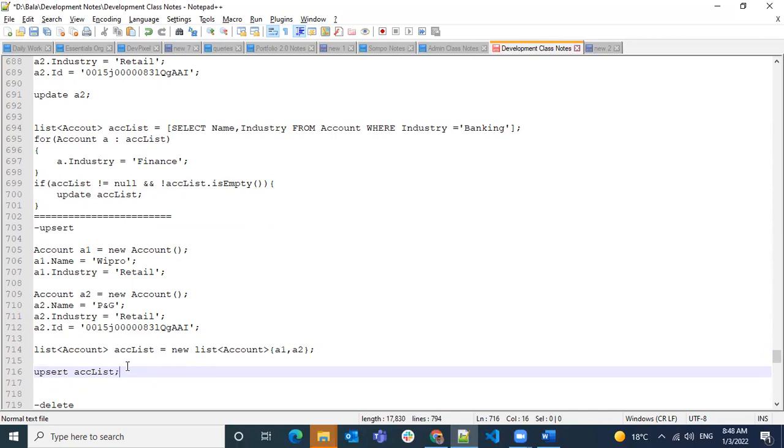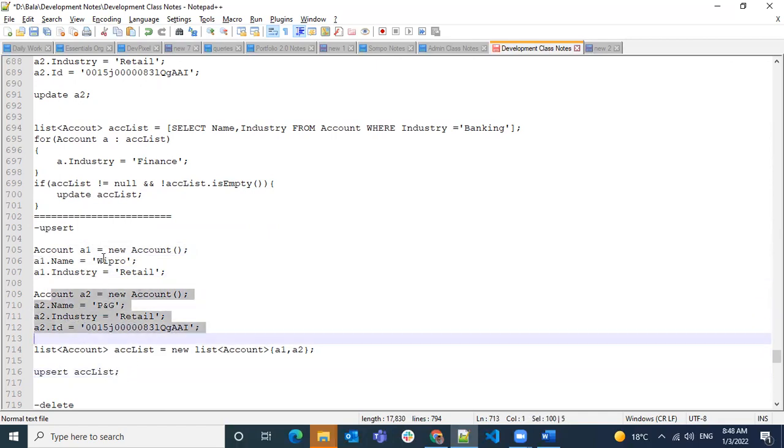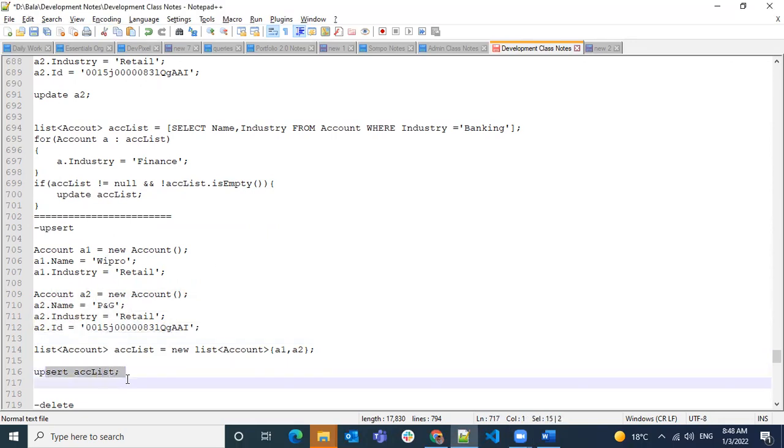So in this scenario, what will happen is A1 will get created and A2 will get updated. And you're going to do both operations using a single statement, upsert.